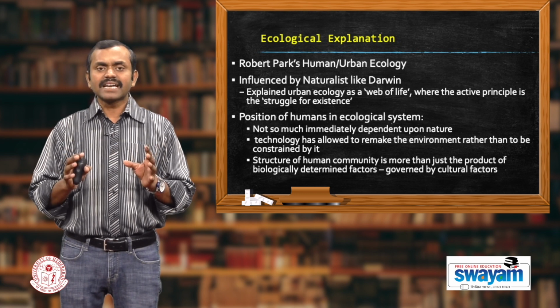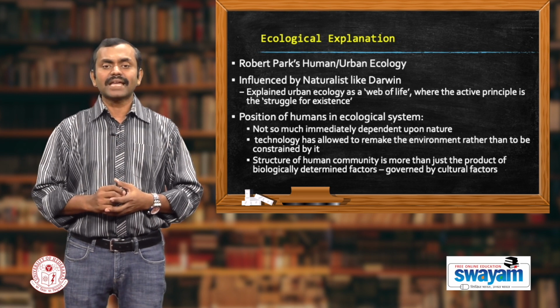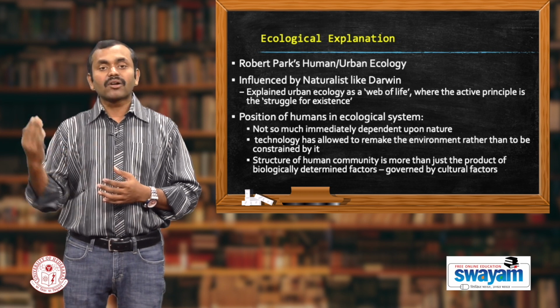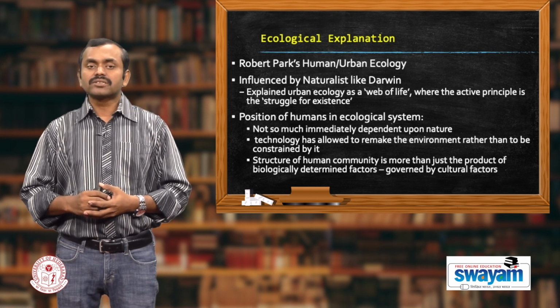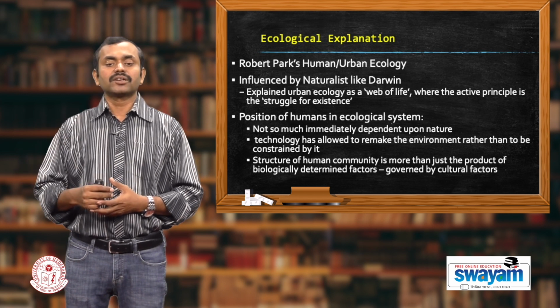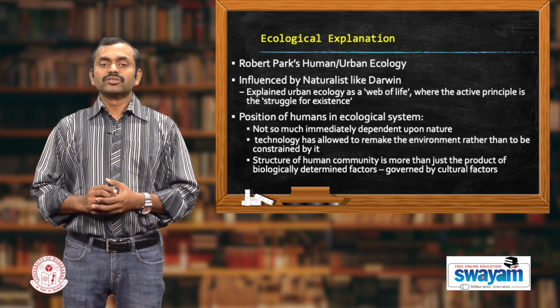So, what he means to say is that even though human beings constitute one element in the web of life, the structural organization of the society is more than just the biological product or biological factors of the ecological system. It is more governed by the cultural factors. So, this vision, or this kind of explanation of Robert Park, when we compare that,